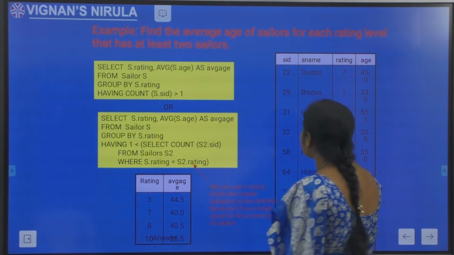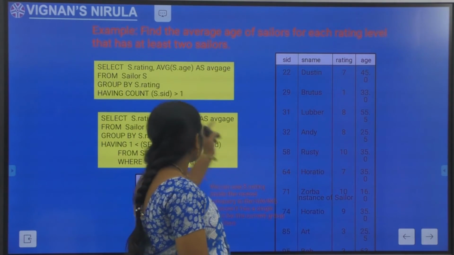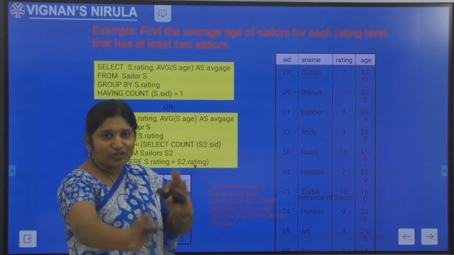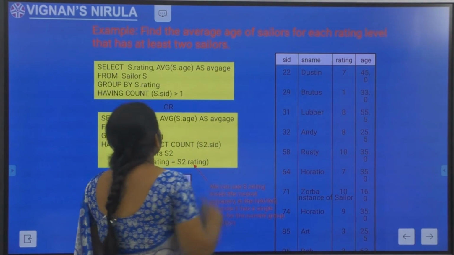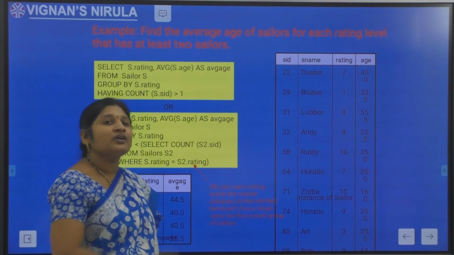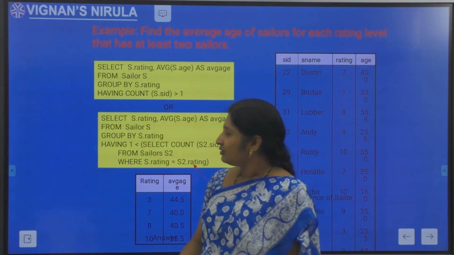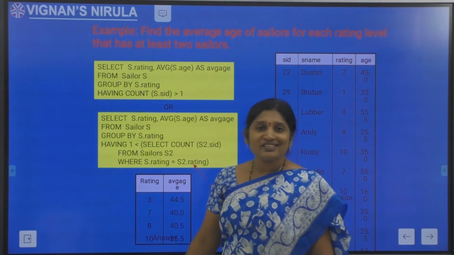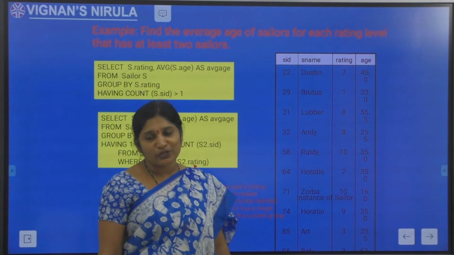First, as you already know, if more than one table is there, I must do the cross product. Here only one table is there, so no cross product is required, and the entire table comes into picture as the first step result. What is the second step? We need to eliminate the tuples that don't satisfy the where clause condition. Here no where clause is there, so the entire table appears as the result of the second step also.